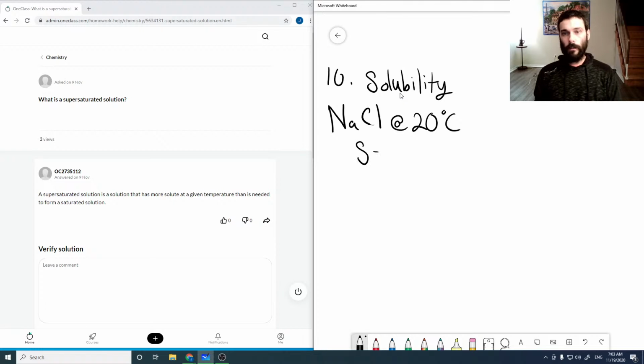so our solubility is 35.89 grams per 100 mil. That means if we had 38 grams of NaCl in 100 mils of water,